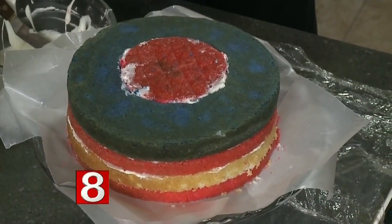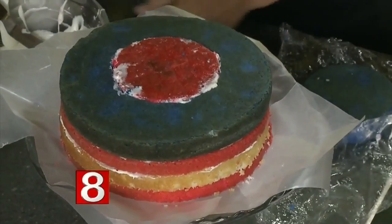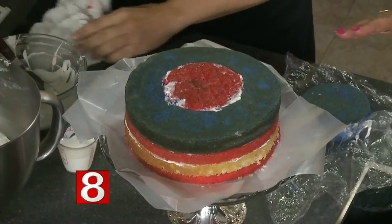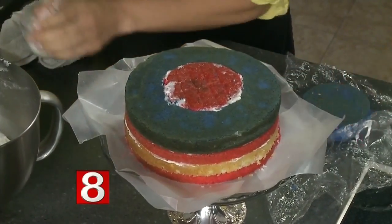It's all right. Now these papers are to keep the dish clean. Because if you have a frosting like this that has so much fat in it, and it drips onto the dish, it makes a smear, and you can't get that off. So this is a way to protect it. I'll show you what I mean. Okay. See, this is